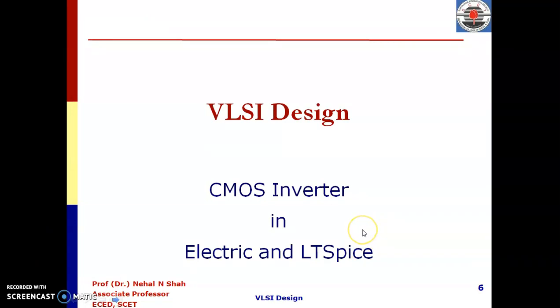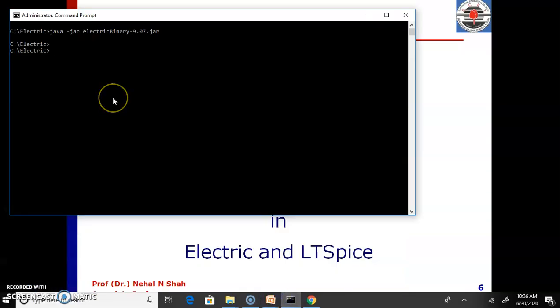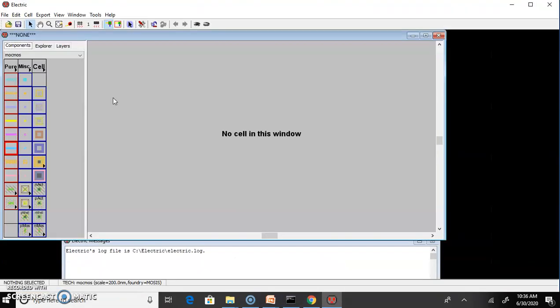Now my machine is ready with Java. So now I'll start electric. Go back to command prompt. Use same command. It will start electric on your machine. In left panel, you can observe parameters for creating circuit.